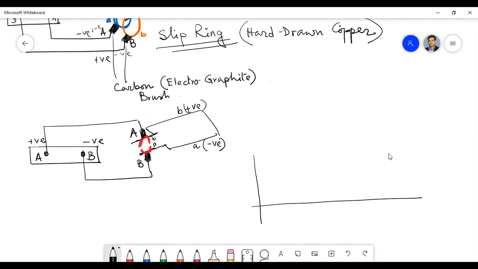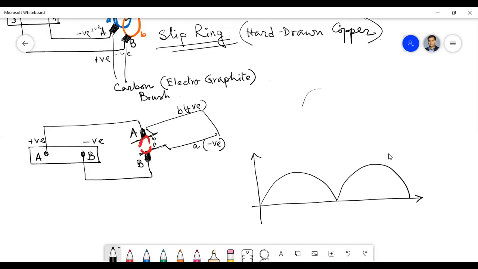I have one question: how is the ring split? Because if the ring is split horizontally and the magnetic flux at that position will be zero, but the induced EMF will be maximum, because we know that the induced EMF is the rate of change of flux, that is, the derivative of the flux. I mean, when the flux is zero, the induced EMF is maximum. So then the curve will be discontinuous, I think.